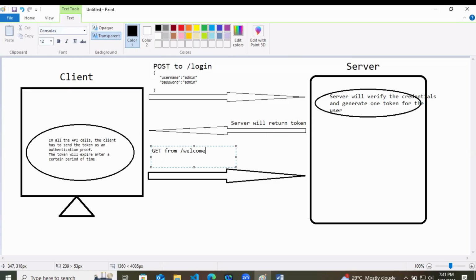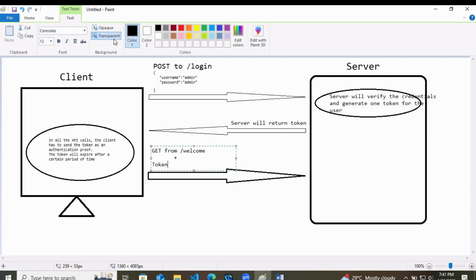There is one method which is accepting the GET mapping of slash welcome. When you are making the GET request, you are already logged in, but still, along with the request, you have to send the token to show that this is coming from a valid resource.